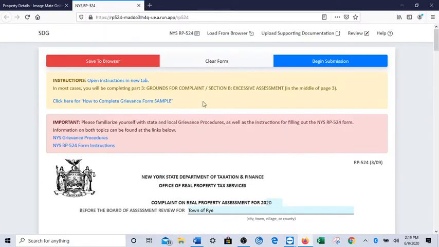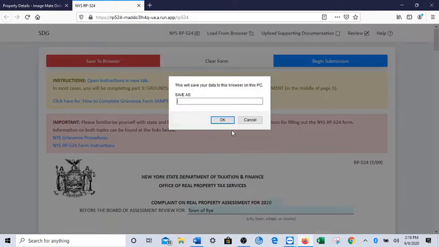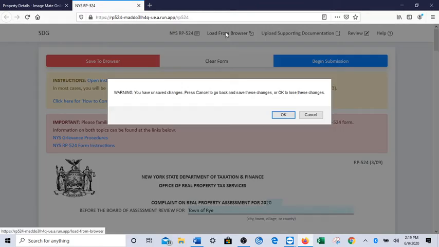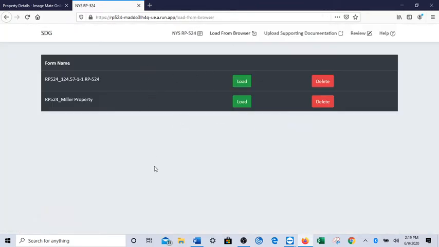Okay, so before we get into the form, I just want to note that if you aren't able to complete it, or if you need to get some more information, you can click on Save to Browser, give it a name, click on OK. And if you need to get back to it, just get back into the 524 and click on Load from Browser. And then you'll see the list of documents that you have, and click on Load,